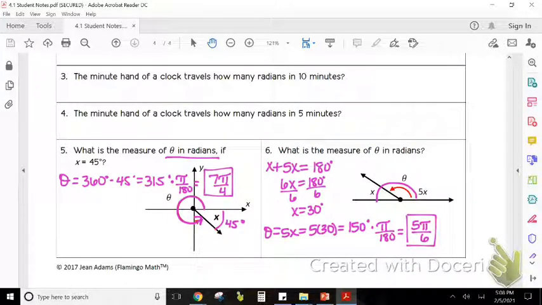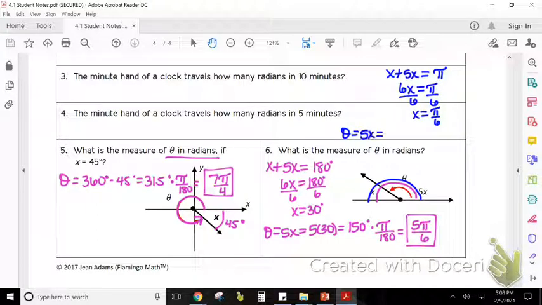Now that way took a little bit longer than if we'd have just done the radians to begin with, but I know that radians are still a little tougher right now for you. So if nothing else, we could have started out the same. We could have said, okay, we know that these two angles here added together make that line, so we know that x plus 5x will equal, and this time I'm going to use radians, so pi. So that gave us that 6x is equal to pi, and so when we divide by 6, we find that x is equal to pi over 6. Then the same idea, well, theta was equal to 5x, so that's 5